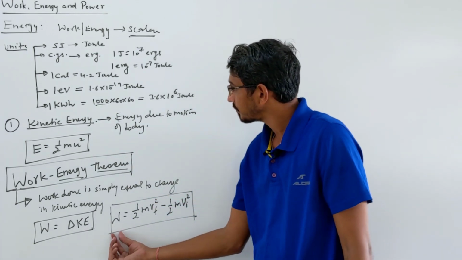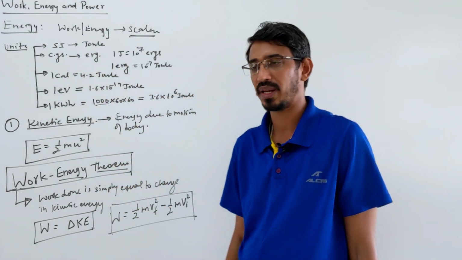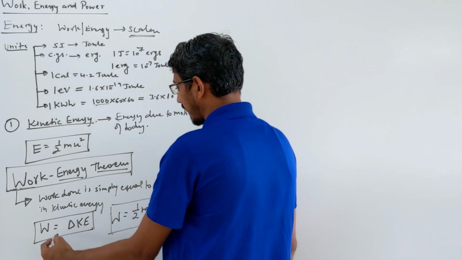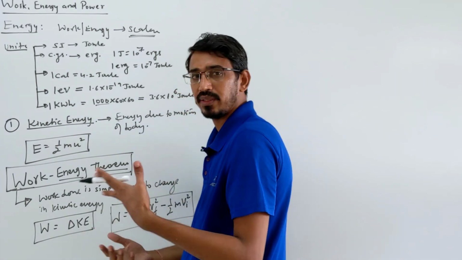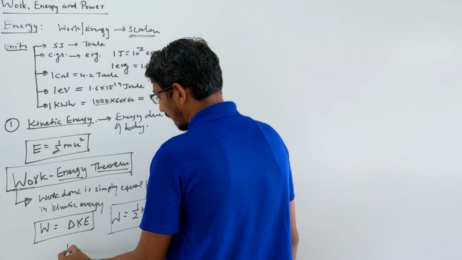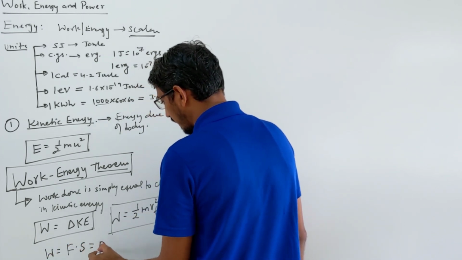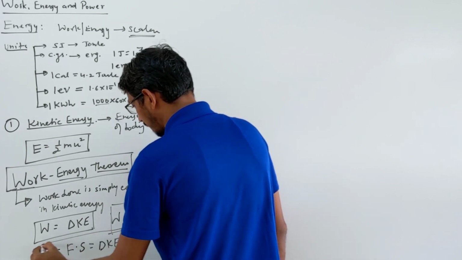Also, give attention, because we know work is nothing but force and displacement, the main formula, right? So here I can also write it this way sometimes, when some force is given and they ask for displacement. So you can write work as F into what? S. That's also okay, right? Work is F into S, which is equal to what? Del KE. So these three things are related now.